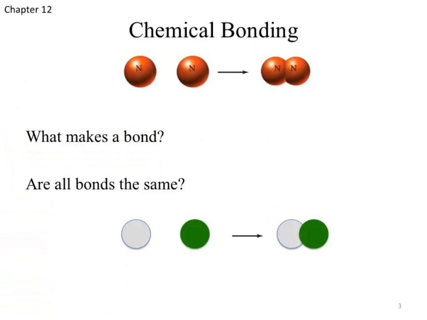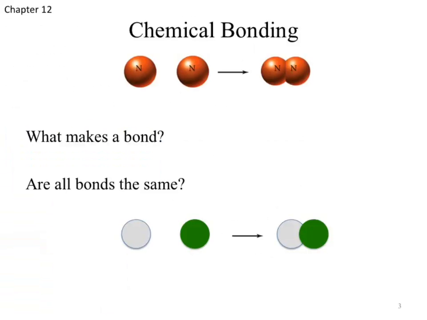The next big question that we could then address would be, well, are all bonds going to be the same? Okay, well, would we predict them to be the same? Probably not. Why not? The atoms are different. If the atoms are different, the electrons around them are different. They're going to have different energies, which means when they go in to make the bond, we're putting electrons in at different energies. We're going to get different results, or different properties coming out of those individual bonds.